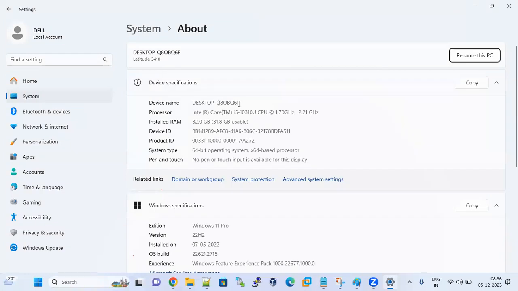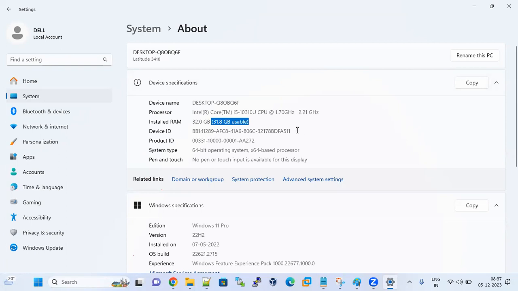Device name means computer name. Processor: which processor? Intel Core i5 10th generation, where 10 means 10th generation. Installed RAM, random access memory: 32 GB installed in my laptop, of which 31.8 is usable.